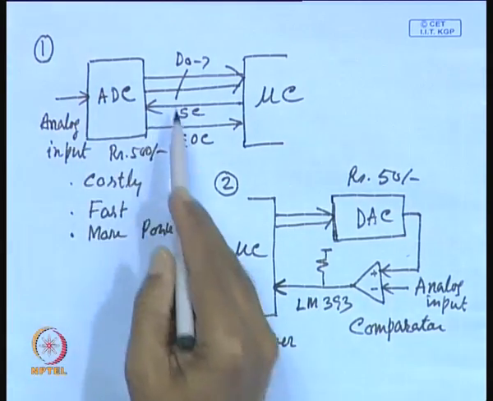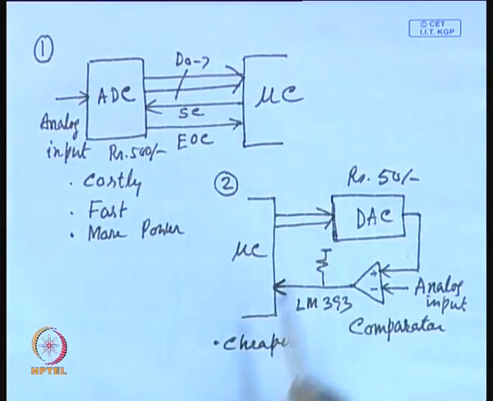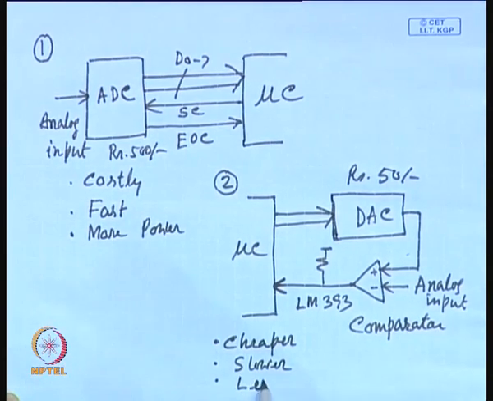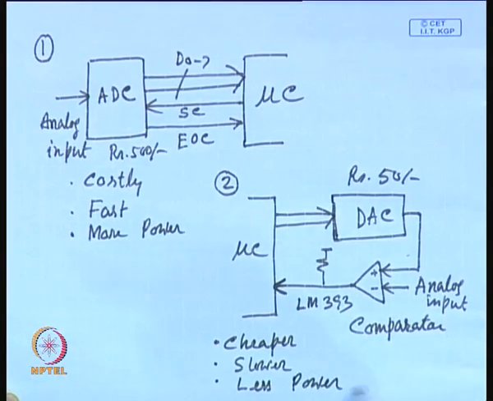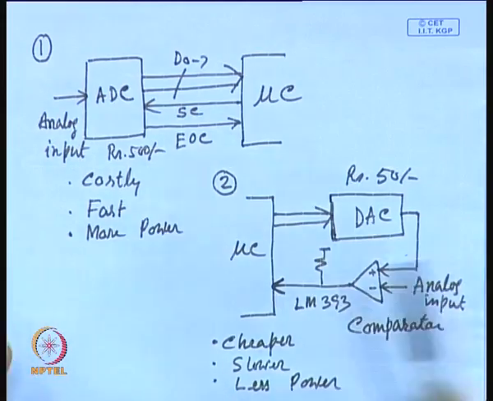On the other hand, the cost of the ADC itself here will be rupees 500. So, it will be much cheaper to implement, however, it will be slower, and the power consumption will be less. So, we find that with the help of this simple example, we have seen the hardware software trade off. The analog to digital conversion operation can be either realized in hardware or it can be realized in software, depending on your requirement.